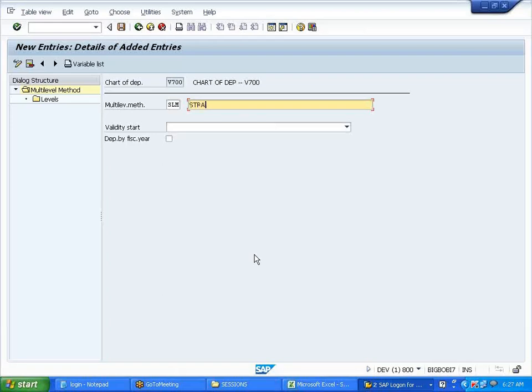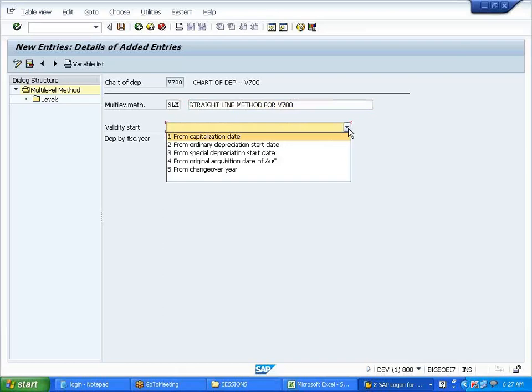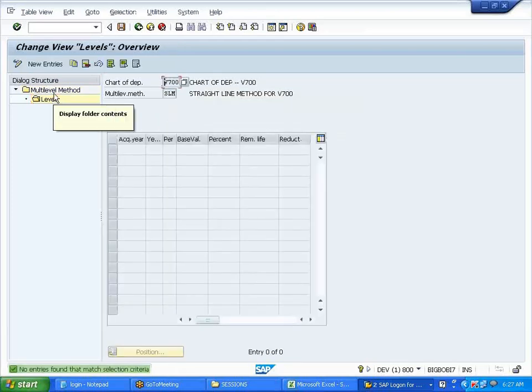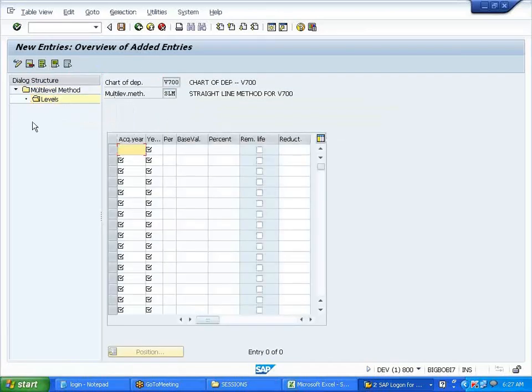One is straight line. Validity start period: we start from the ordinary depreciation start date. Click on the levels, new entries.